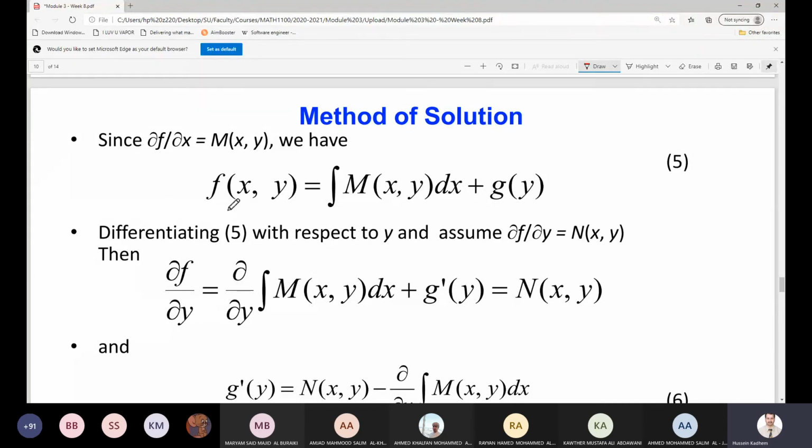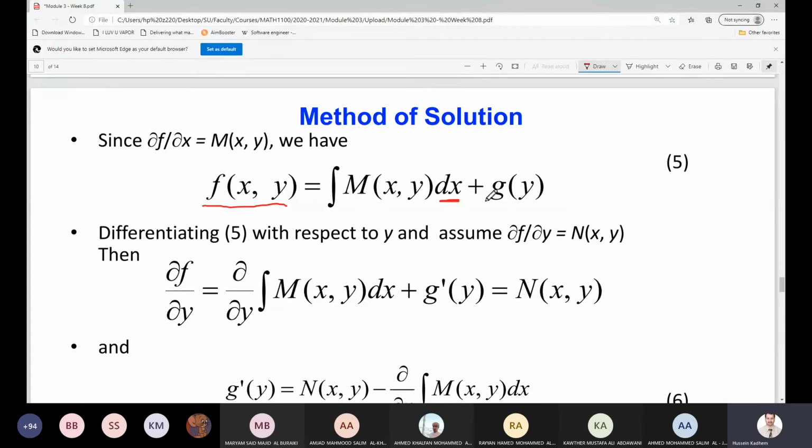The method of solution: we are solving a differential equation, which means returning to the original function, the one which, when we differentiate, gives the differential equation. The function f equals the integration of m dx, I took the first element,